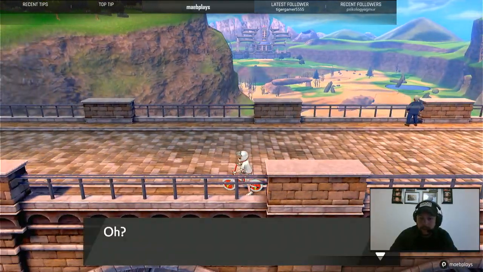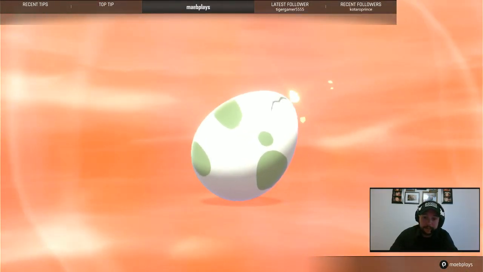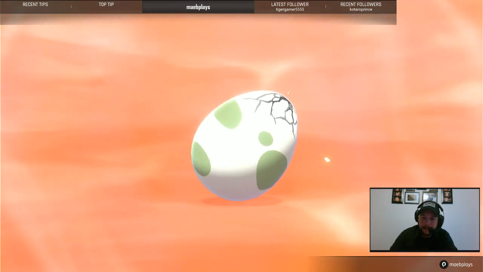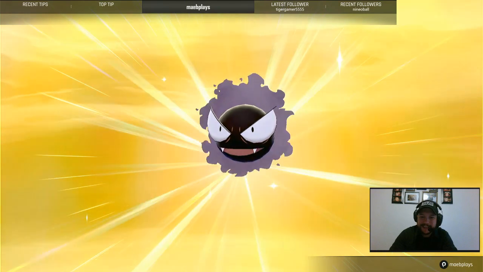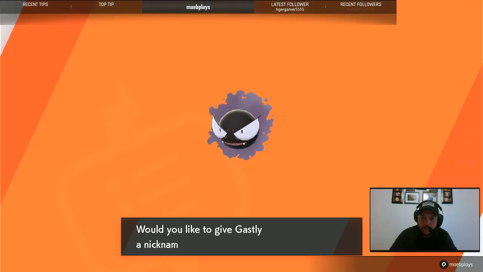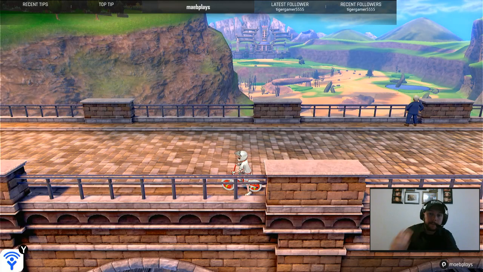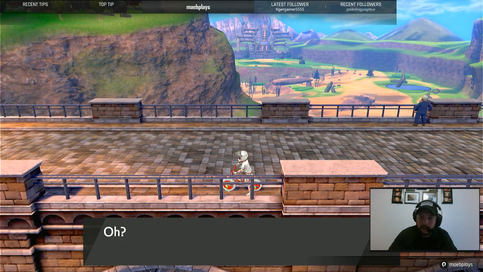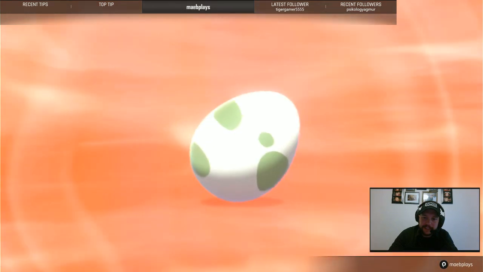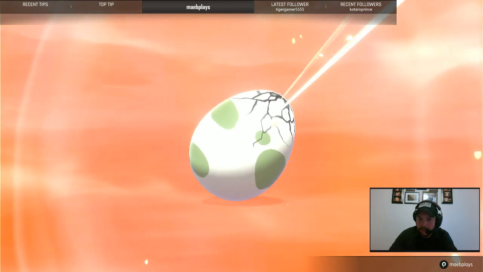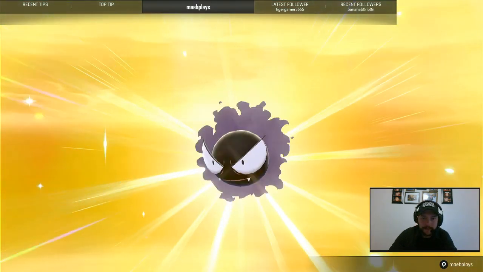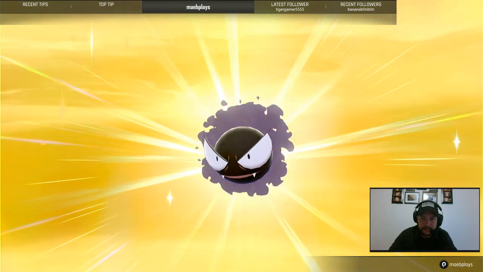And so to get another 6 IV Gastly after I've already gotten 3 last night, that's pretty freaking cool. I know it might not necessarily come off as me being just pooping my pants excited, but that's because I'm a little bit more used to hatching these guys. I've been doing it for a long time. So if it comes off as though I'm like, oh, another 6 IV, it's not that I'm not excited about it. It's that I've manipulated the odds so much that it works in my favor a little bit. Not a lot, but 2% is the best odds I've had